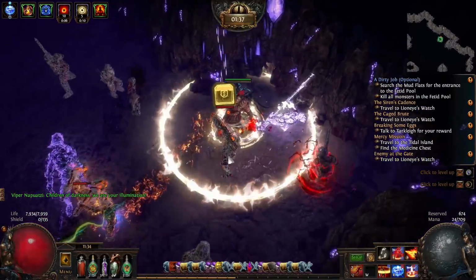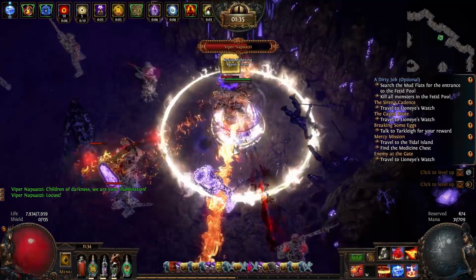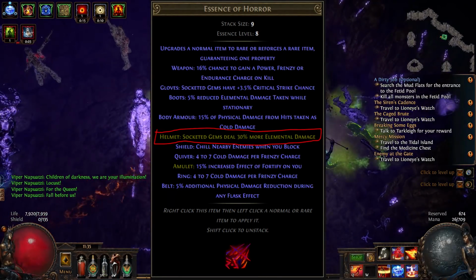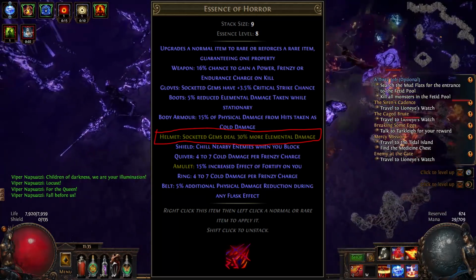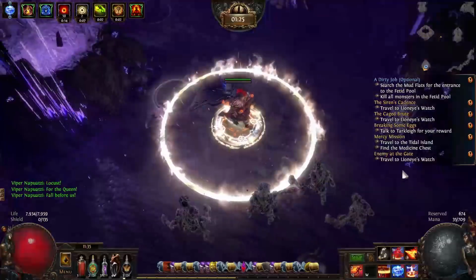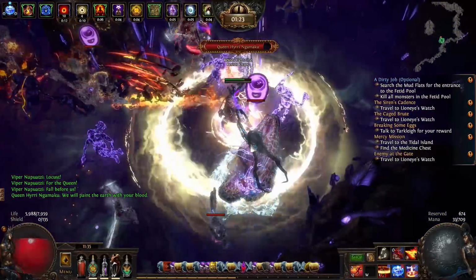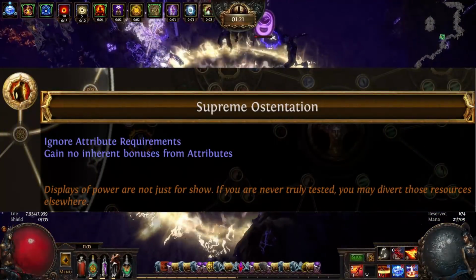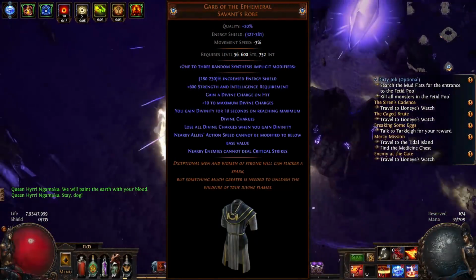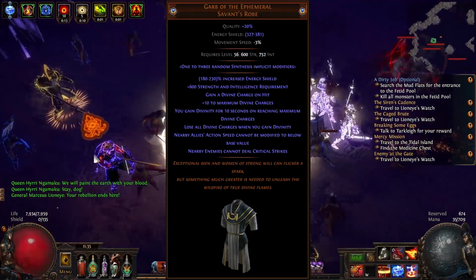For our helmet, we're going to be crafting a 6-link plus RF helmet with Essence of Horror, in the late game that is. Early on, we're going to settle for a 5-link from just one Essence of Horror slam and call it good. For our chest piece, we will start out with something cheap like an Ambush Charge or a Belly of the Beast, but thanks to the new keystone, Supreme Ostentation, we can wear Garb of the Ephemeral for 50% uptime on 50% more elemental damage, something I've always wanted to do, but was generally out of reach because